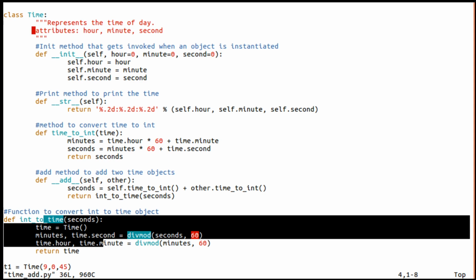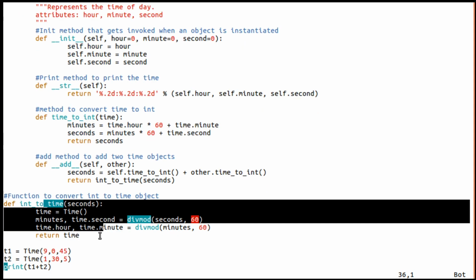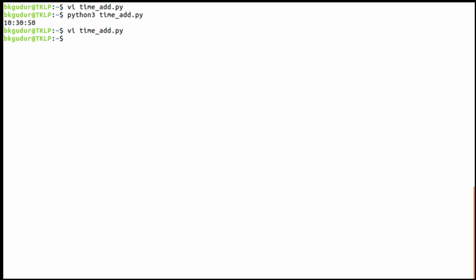Okay, means number of seconds to a time, and this is the starting code. Okay, so I hope this is clear to all of you. If you have any doubts, you can always ask those doubts and clarify them. So here, continuing with the discussion,